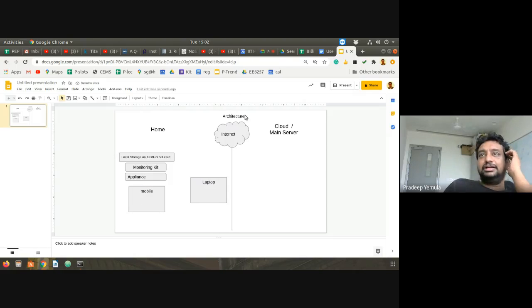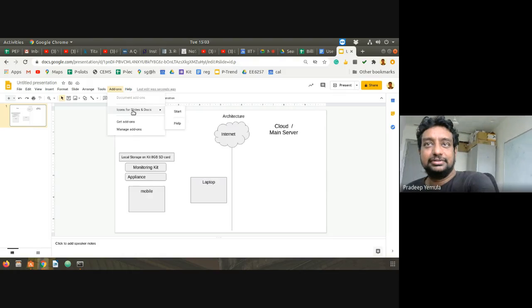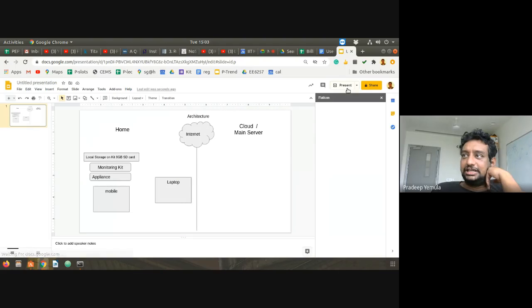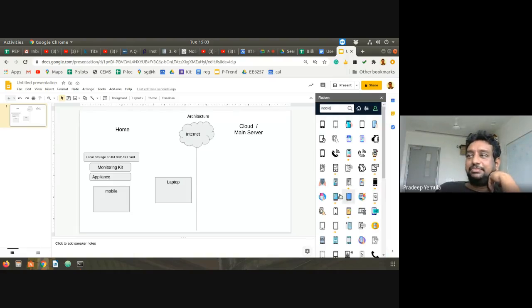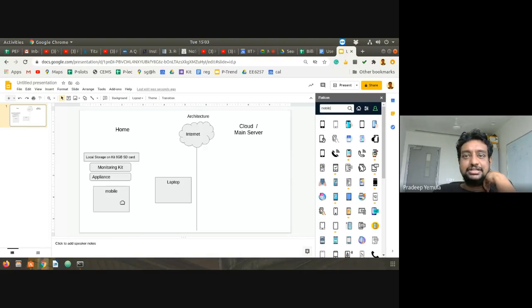By the way, do people know about these add-ons and icons? Did anybody see this? Icons for slides and docs. So in Google Slides, if you go here and then say Start, you will get a website on the right, and here you can actually search. For example, if I say mobile, you will get mobile icons on the right, which you can drag and drop and use. So instead of doing it like this,